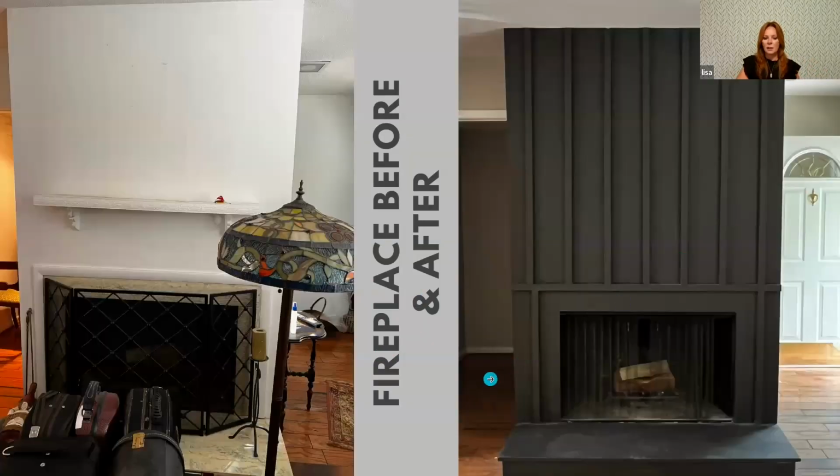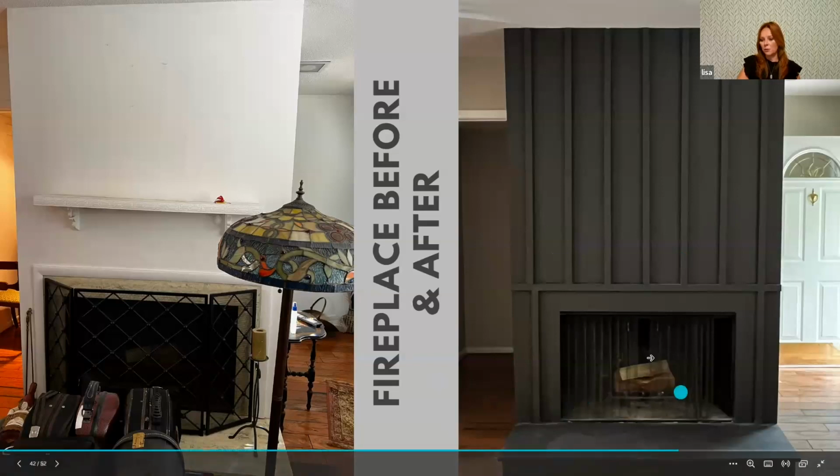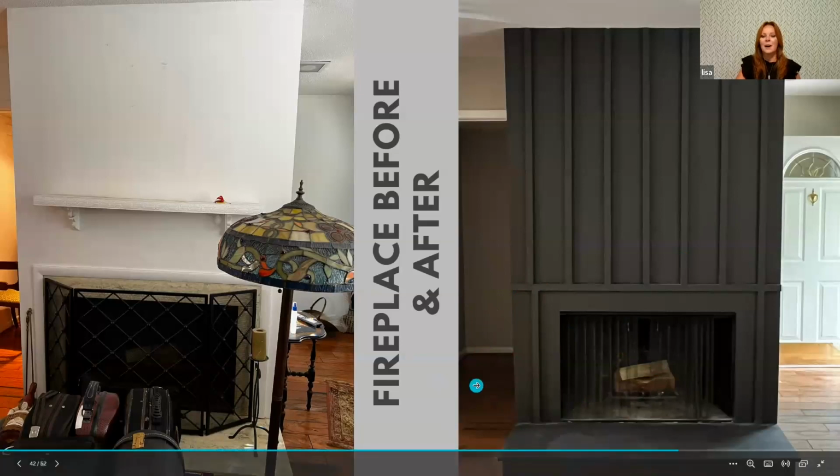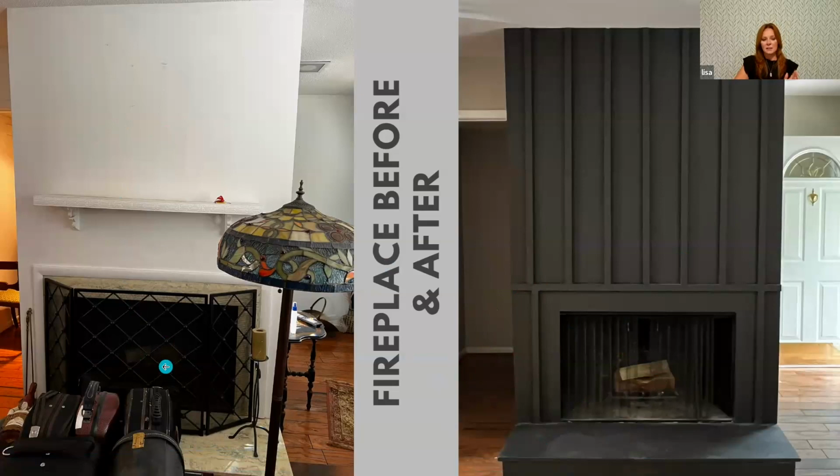Now this one here, I took this after picture before this was actually finished, so don't pay attention to this. I had them fix that. That drove me crazy and it was a little dirty. But so we took this fireplace, which was actually a mess and nothing special and probably a detriment to the